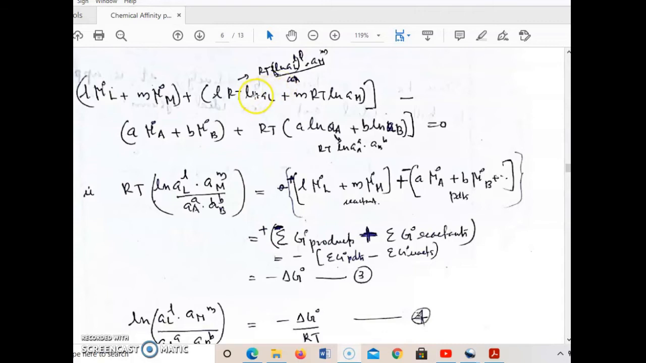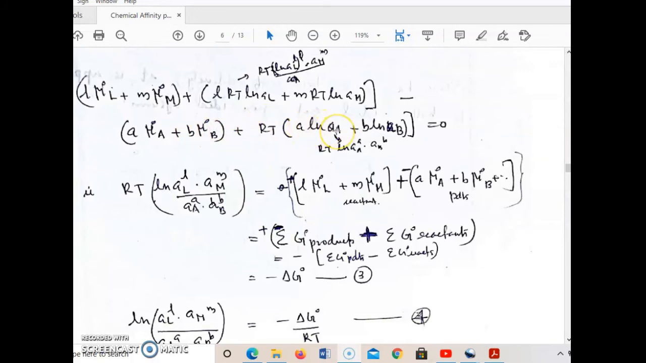Okay. So a sum of log terms can be taken as a product, right? ln AL raised to L into AM raised to M. RT was taken out already. So these two terms can be combined and substituted as RT ln AL raised to L into AM raised to M. Similarly, let this term be there, and for this term here we can take out RT outside,